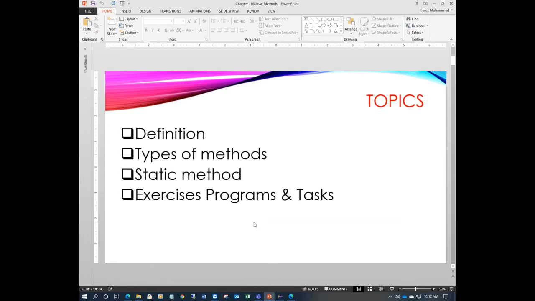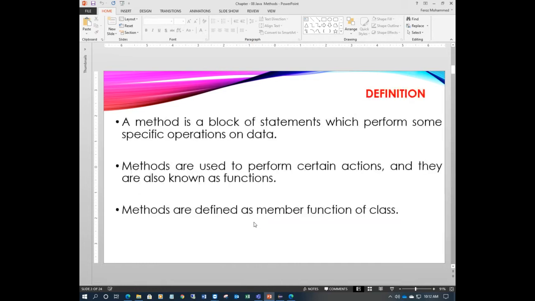Okay. So first thing, what is a method? A method is a block of statements which can perform some specific operations on data. A group of statements which are designed to perform a specific operation on data.